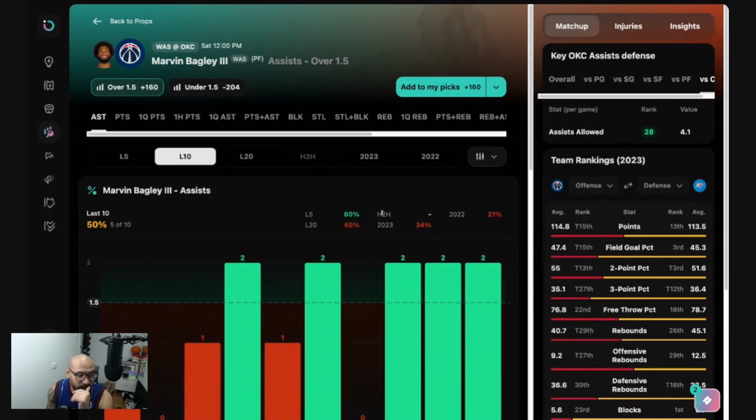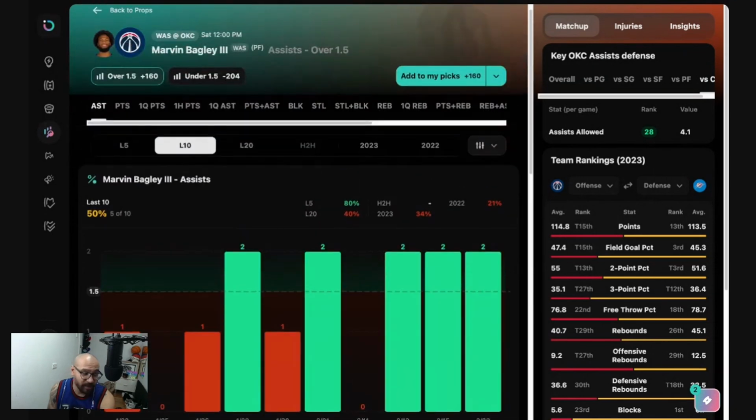Really, this is a coin flip because I couldn't tell you whether this is going over or under, right? But sometimes I take bets like this purely because I feel like it should be a 50-50. It should be a toss of a coin. It should be a pick 'em. Plus 100 is where the odds should be. But if you're getting plus 160 for something that looks like it happens 50% of the time, it might be